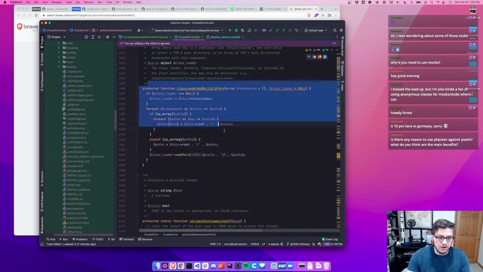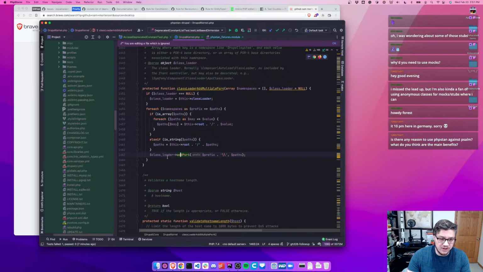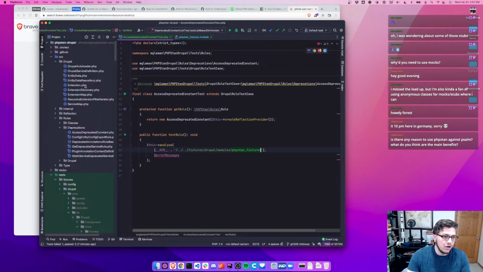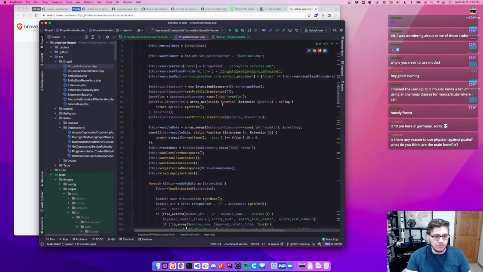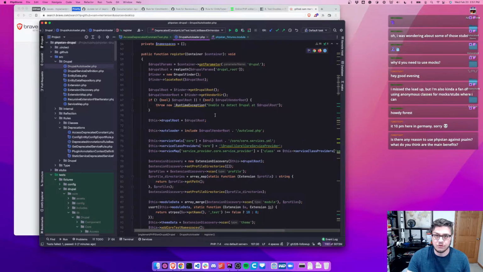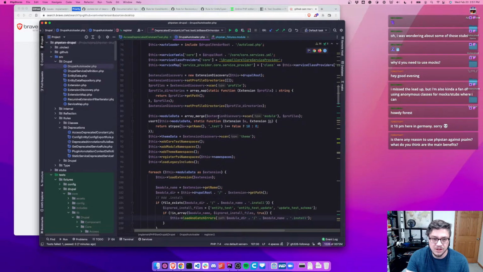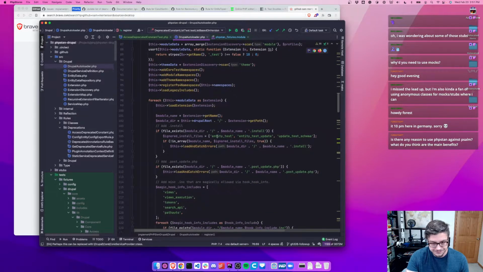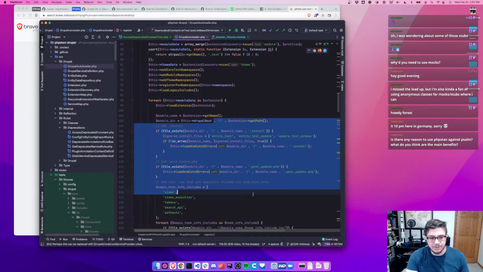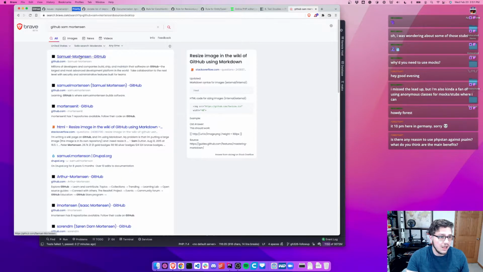So that's where it got a little bit harder, because you can see here, like add PSR4. Inside here, there's the Drupal autoloader, and this mimics Drupal's bootstrapping to register all the namespaces and service providers. It tries to mimic how Drupal registers the namespaces and includes functions. And if we look at Samuel Mortenson's work,